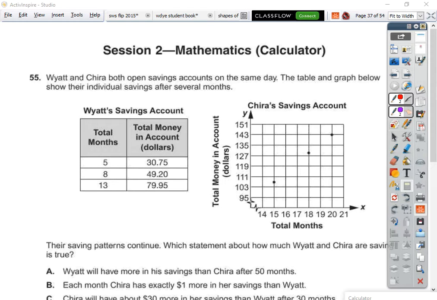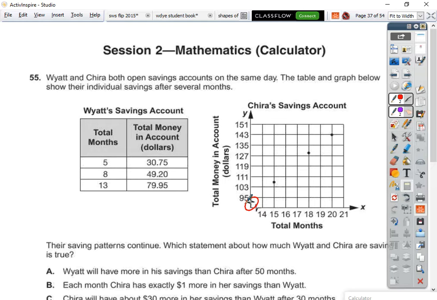Wyatt and Kira both opened savings accounts on the same day. The table and graph below show their individual savings for several months. Of course, we have a table and we have a graph. And I really dislike the use of these cut lines, but whatever, because that means you can't use the graph